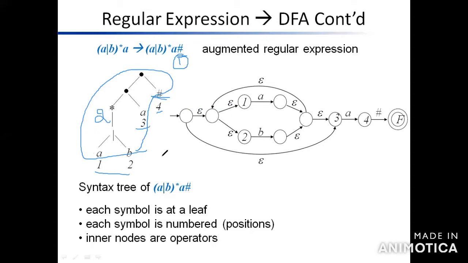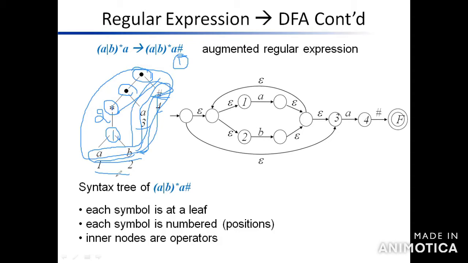So you have to create the syntax tree. Keep two considerations in your mind. First thing is all the leaves are alphabet and special symbols. The nodes are operators: the dot is nothing but the cat node, and this is the star node. So in creating the syntax tree, you have to consider two things. One thing is all the inner nodes are operators. The leaves are alphabet letters and symbols. Now it's clear. This is the second thing.